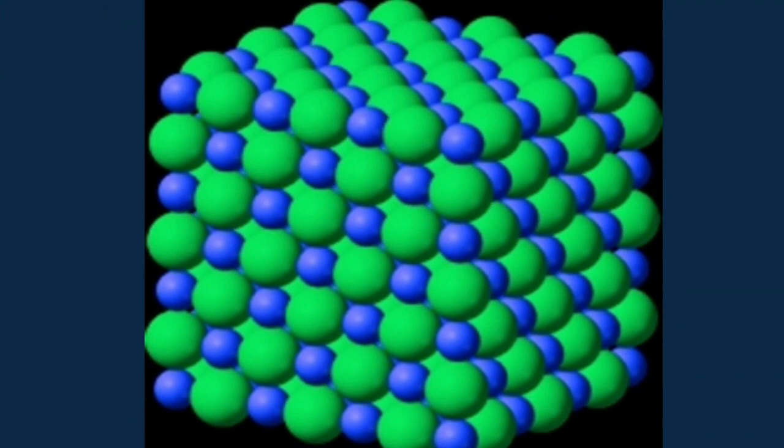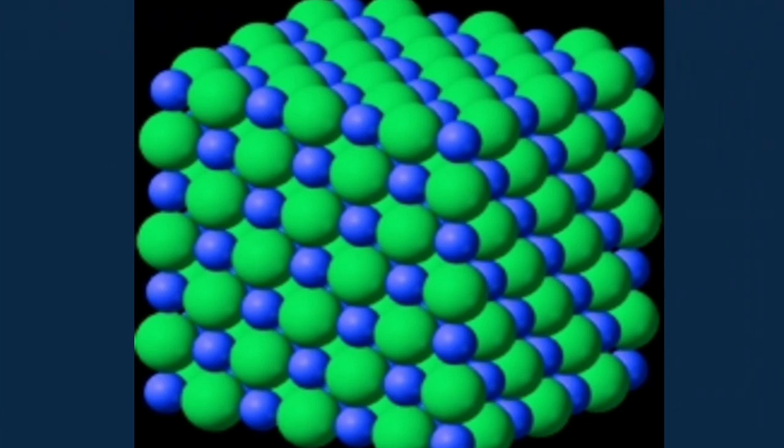Now consider this solid. You have already studied that there are 2 types of solids, crystalline solids and amorphous solids, isn't it? So just consider this solid and think which type of solid this is, whether it is a crystalline solid or an amorphous solid. Of course it is a crystalline solid, isn't it? Because you can see that the constituent particles are orderly arranged. There is a regular pattern for the arrangement. So it is a crystalline solid. So consider this crystal.